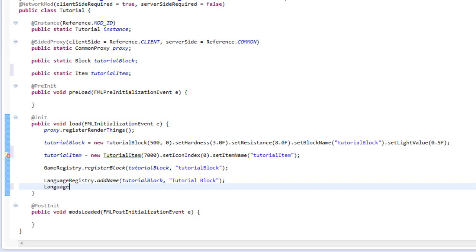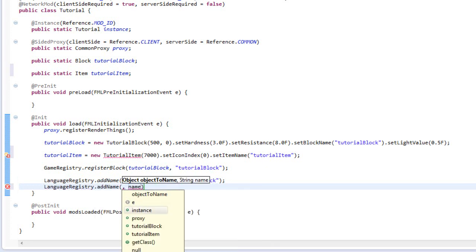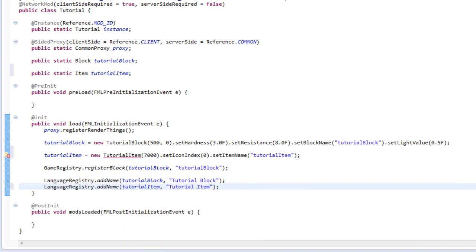Let's use the same method, language registry dot add name, and we go tutorial item and call it tutorial item. This is like with the tutorial block, the name that will show up in our game. So that's actually everything inside our